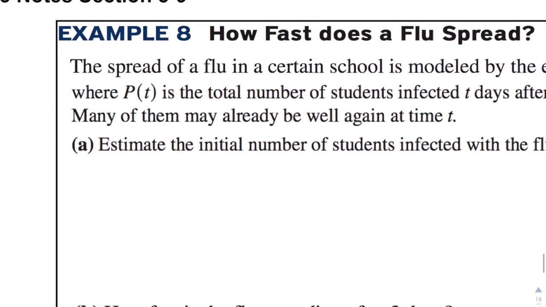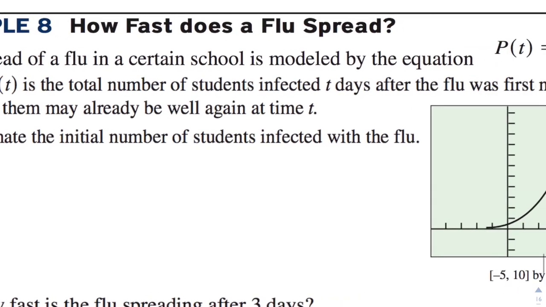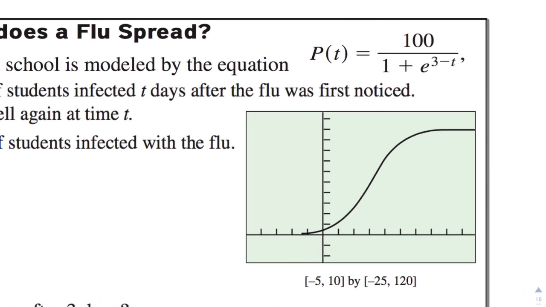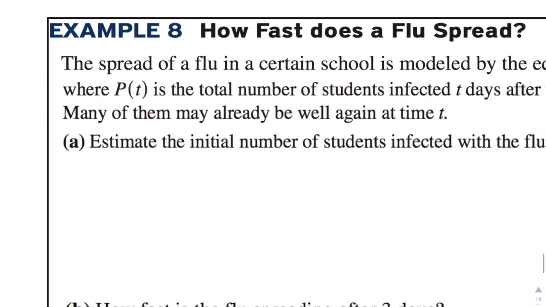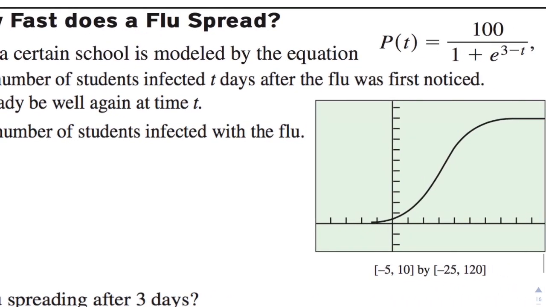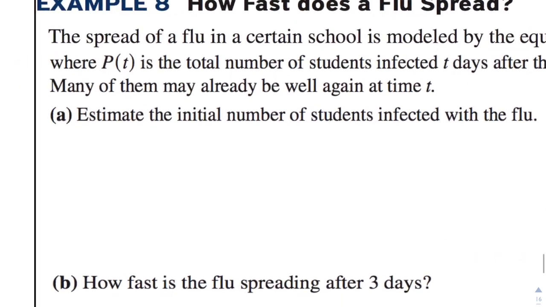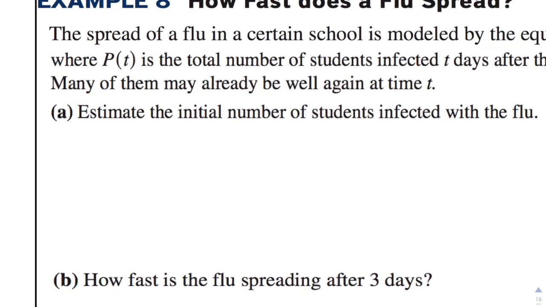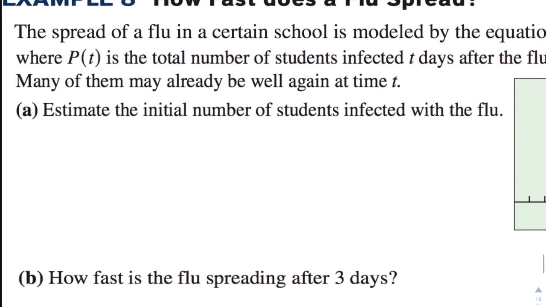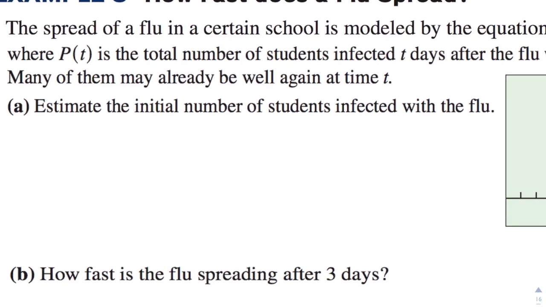How fast does a flu spread? The spread of a flu in a certain school is modeled by the equation P of t equals 100 over 1 plus e to the 3 minus t, where P of t is the total number of students infected t days after the flu was first noticed. Many of them may already be well again at time t. So it wants us to estimate the initial number of students affected